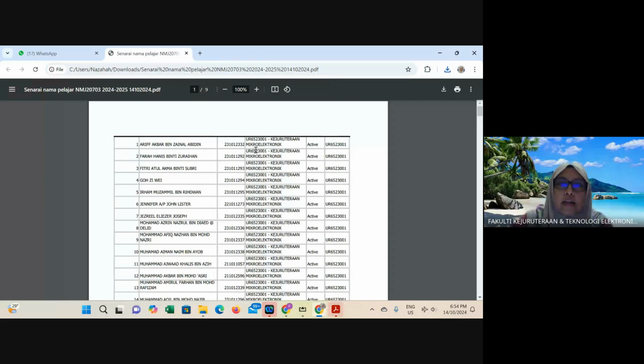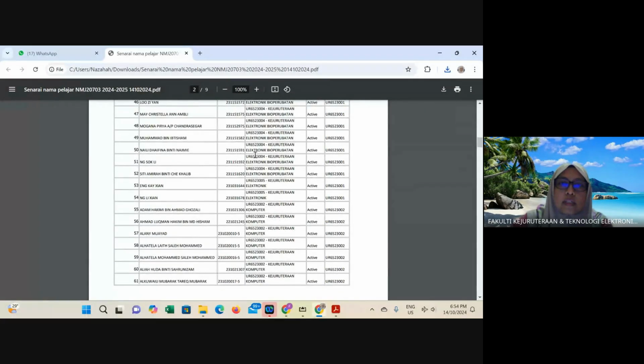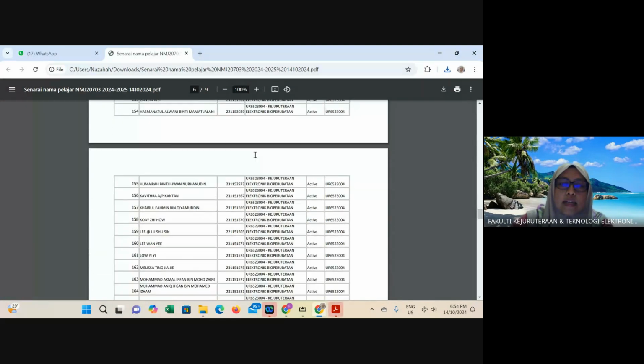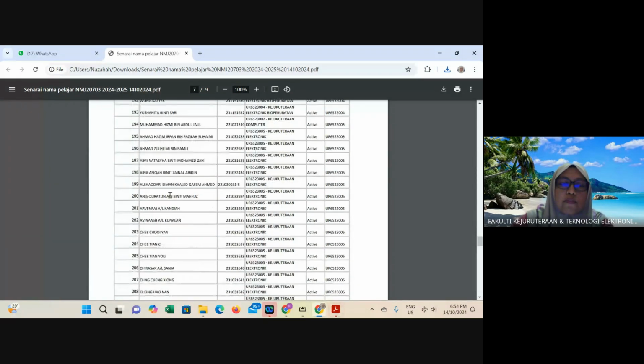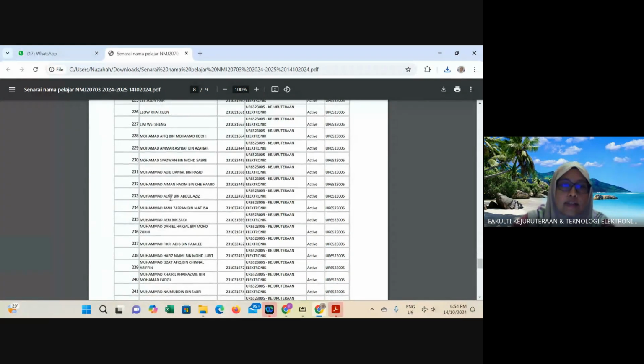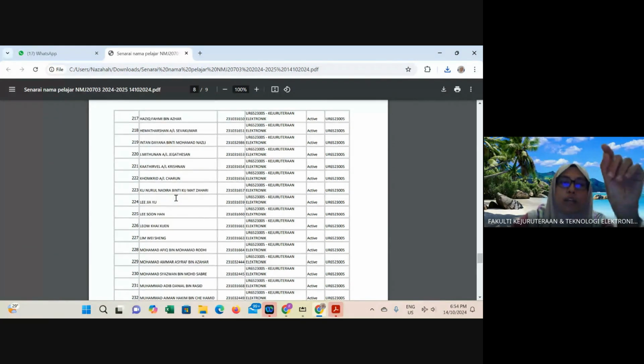First is microelectronic, then computer, then biomedical, and the last is electronics. If your name is in this list, you can find your name in the drop down list. I'm afraid you cannot find it because there are so many. But it's okay if you cannot see your name. Those who registered manually, you need to write your name because I think your name is not in this list.